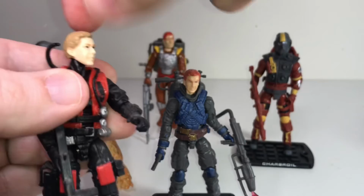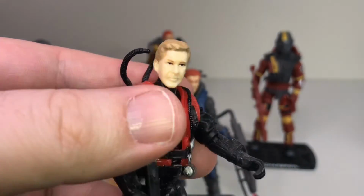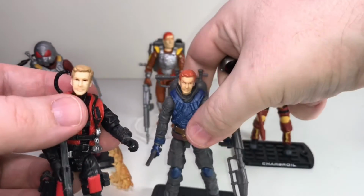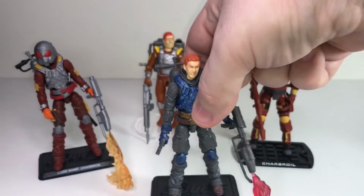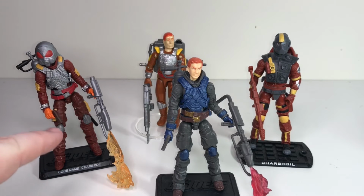And if you take the helmet off, there you go. You got this head. And he looks very friendly to be a Cobra terrorist trooper. Anyway, that's the head they reused. They just repainted it, and they gave us this guy. So, interesting source. But then what is also interesting is that when we got this version here,